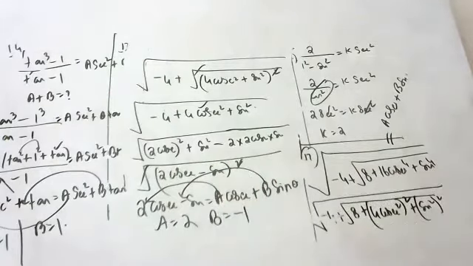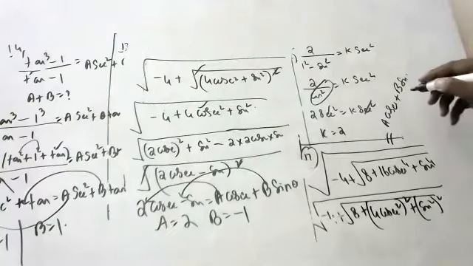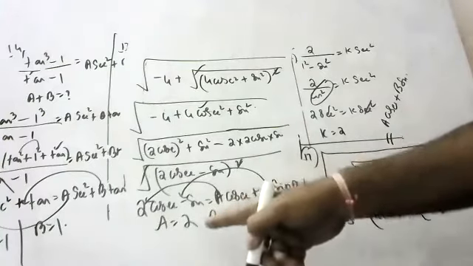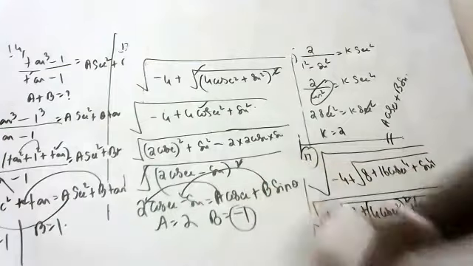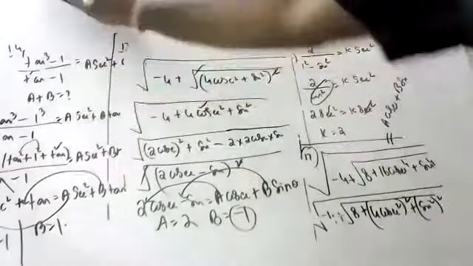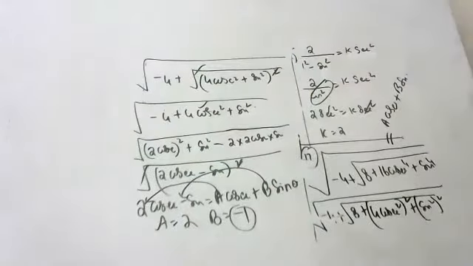Sir, we got 1, minus, there it is plus. Why not? We got 2 cosecant minus sin, and we have 2 cosecant plus sin. So that's why b is equal to minus 1, I said. Oh, okay, no problem. Next one, children.